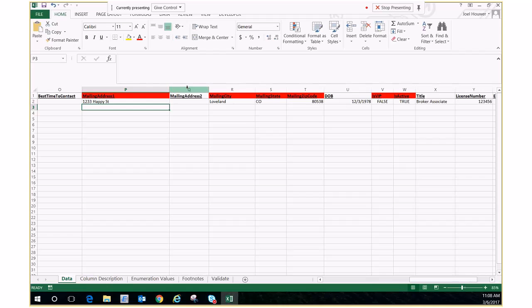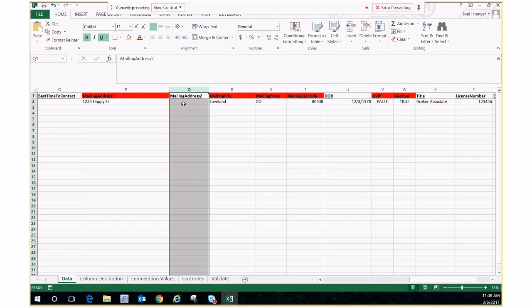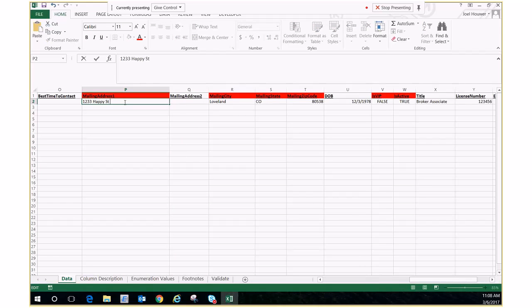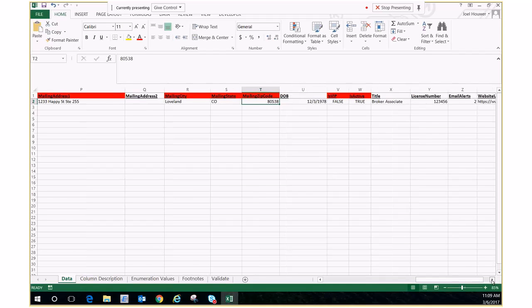You don't have to use the mailing address 2 column. If you had a suite number or something, you could put it in there, but most people just put it in there with the mailing address 1. So maybe there's a suite number and it's suite 255. You could just put that all into the mailing address 1 column if you wanted to. Okay, and then just put in the city, state, and the zip code. Make sure that the zip code is just a 5-digit zip code, no zip plus 4, or anything like that, just a standard